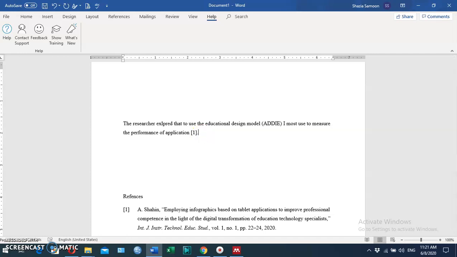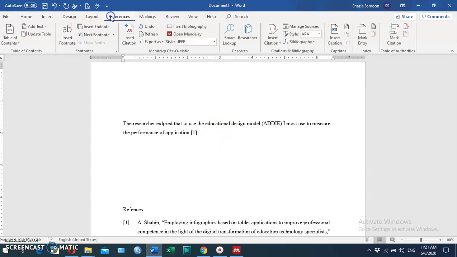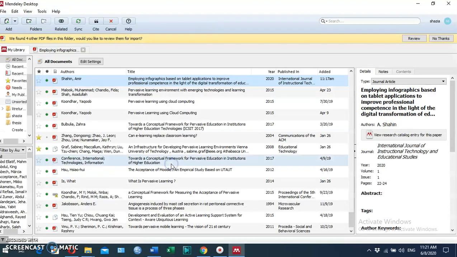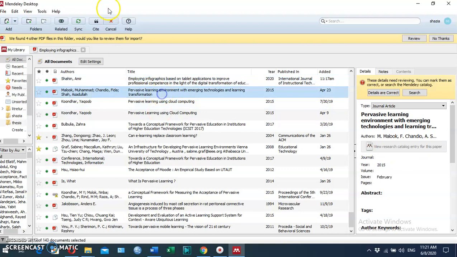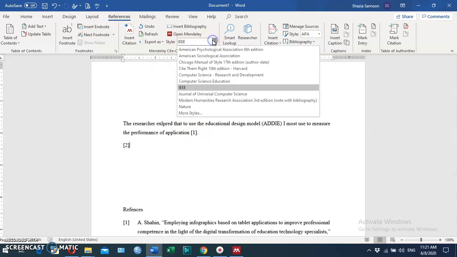Okay, this is another example of how to add a reference on another page. We simply go through the reference, click insert, go to Mendeley and then add it. It will be added automatically. I use IEEE, you can use another type such as MLA or APA.